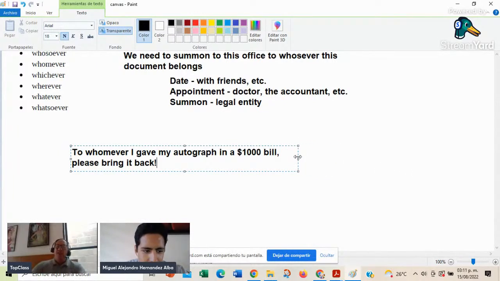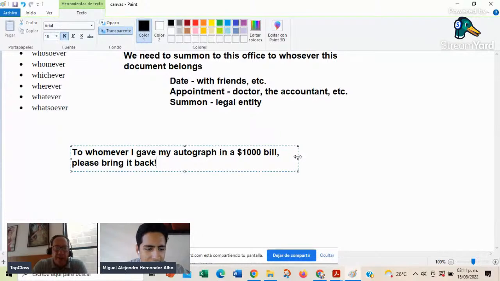Let's say that you went to a concert, to play the guitar or the piano, or to sing, and then you had a lot of fans asking you for an autograph, and then you took out a 1,000 peso bill and gave him or her your autograph, right? But later on, you notice that you didn't sign a piece of paper, but a 1,000 peso bill, right? So, a quien sea que yo le haya dado mi autógrafo en un billete de 1,000 pesos, por favor regréselo,